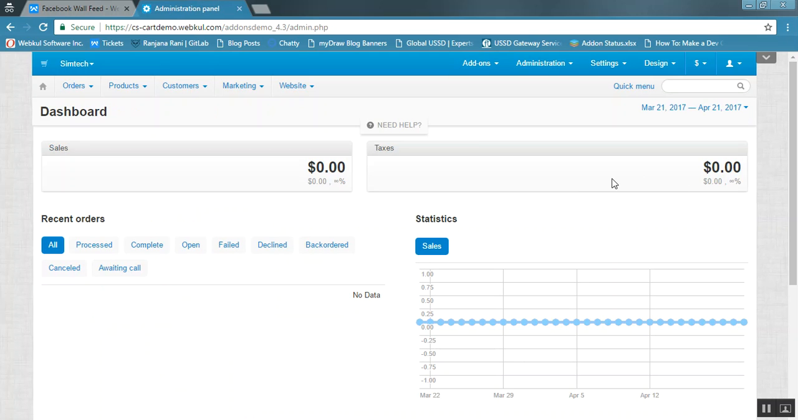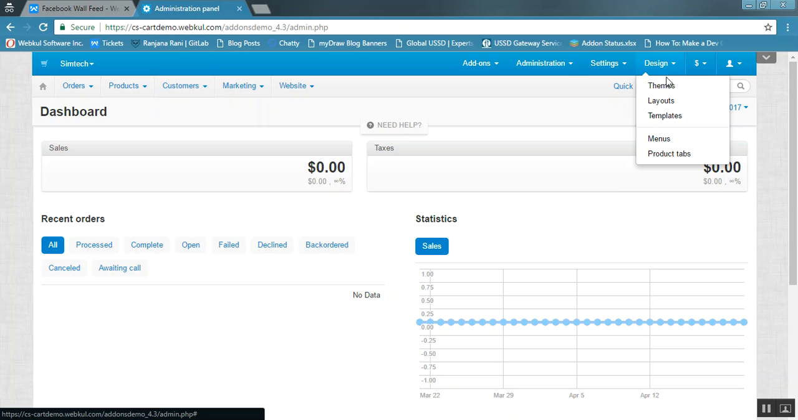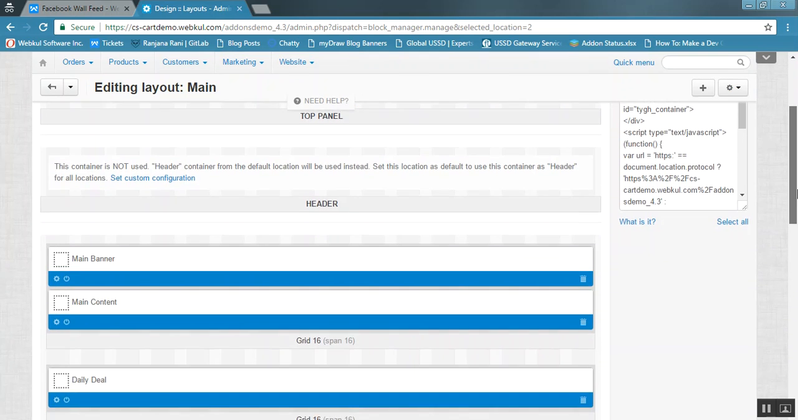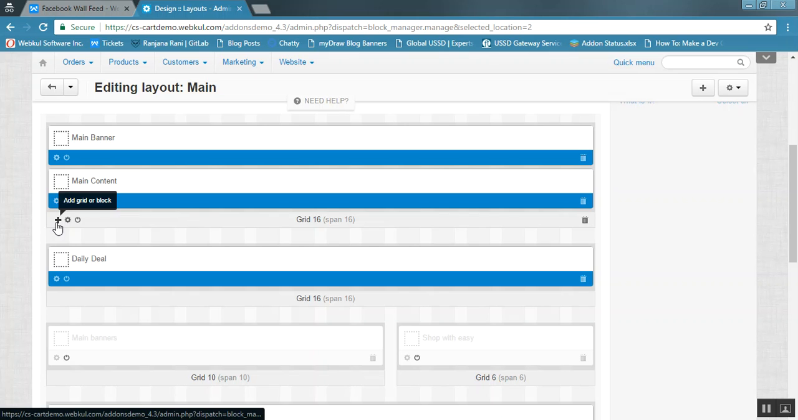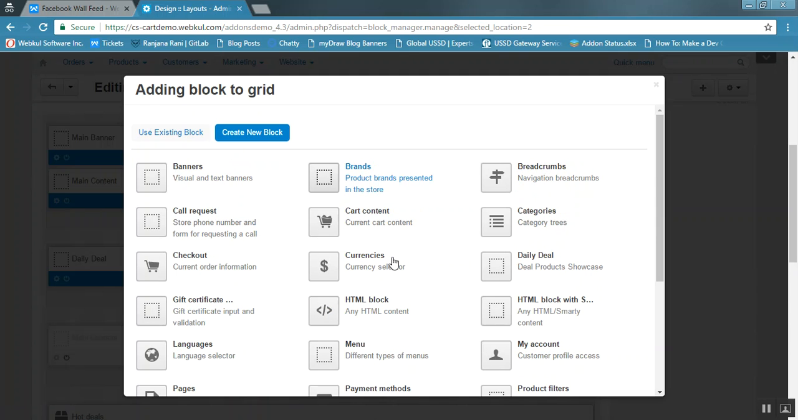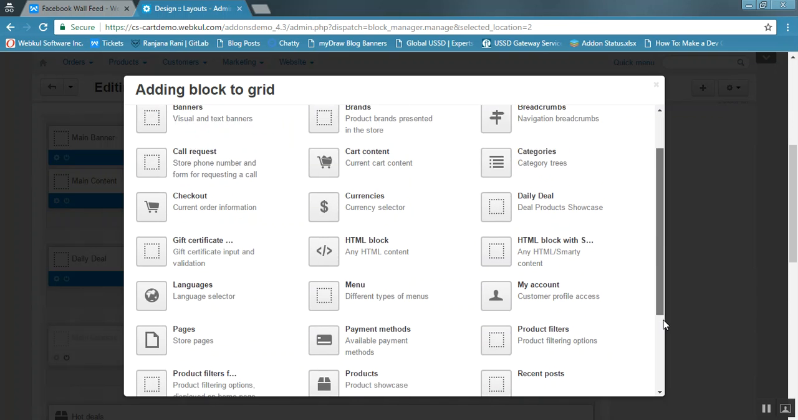Once these settings are saved, you need to add a layout block for the front end. For that, you need to go to this design section, click on this layouts, select the desired page where you want to add the block for Facebook, click on this plus button to add block. Now click on this create new block, select the template block from here,